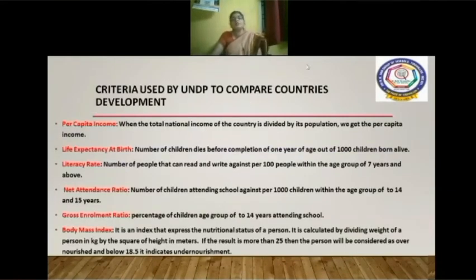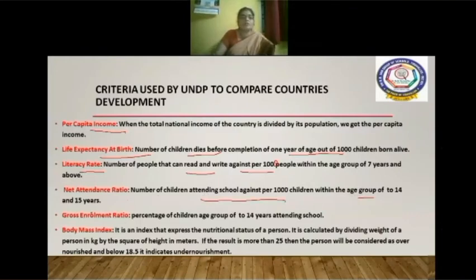Now, the criteria used by UNDP, the United Nations Development Programme, to compare the countries' development. They use indicators like per capita income and life expectancy at birth, that is, the number of children who die before completing 1 year of age out of 1,000 children born alive. Then the literacy rate, the number of people who can read and write per 1,000 people within the age group of 7 years and above, and the net attendance ratio, that is, how many children are attending school per 1,000 children